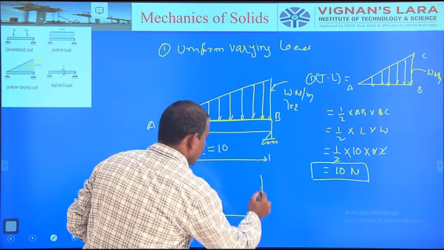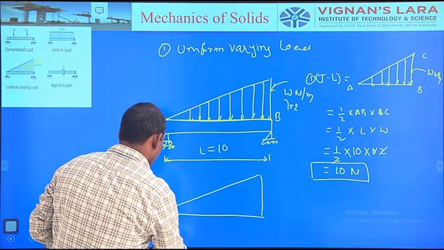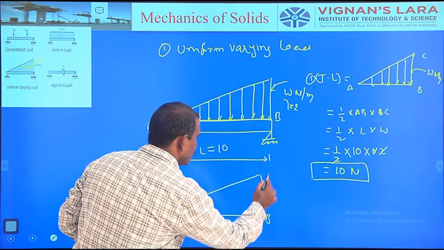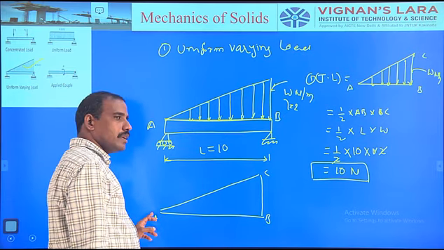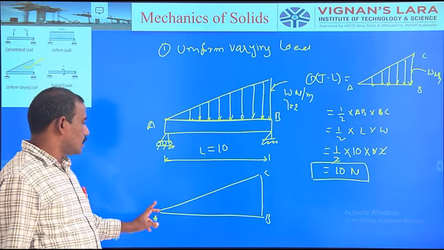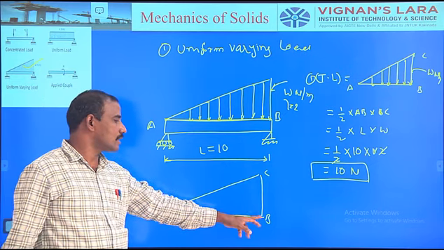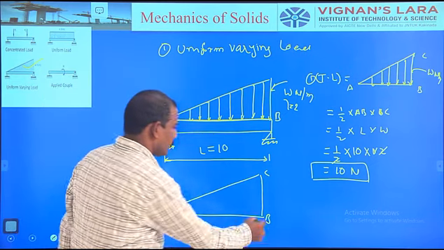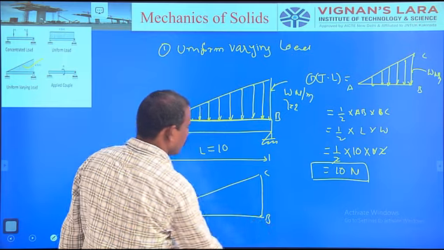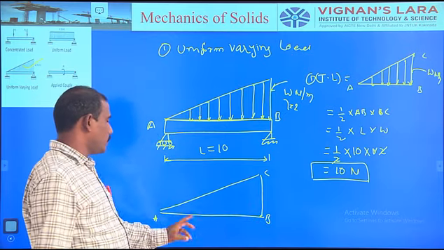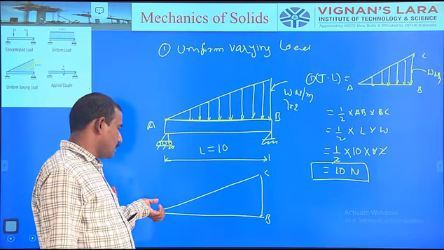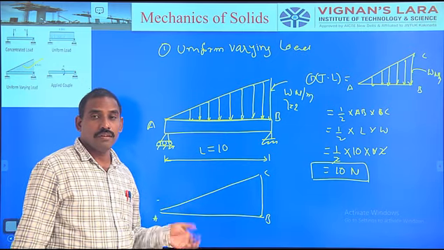So this is the triangle ABC, for example. This is A, this is B, this is C. B is the vertical side vertex, and A is the slant side vertex. If you measure from the vertical side vertex, that is 1/3 of the base. If it is measured from the slant side vertex, that is 2/3 of the base.